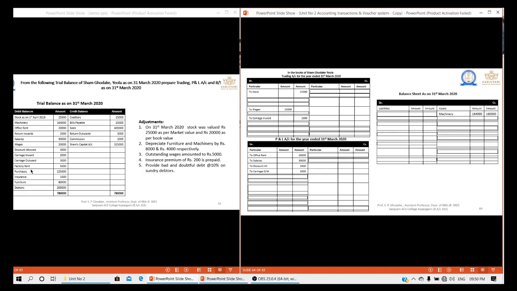Then we have the factory rent, which is a direct expense. So here factory rent 5,000. Then purchases, it will be on the debit side of the trading account here, and we have to do the return inward and outwards on sales and purchases. Then we have the insurance, so we have to keep one line blank and we have written it into the inner column, 2,25,000. Insurance is an indirect expense, so profit and loss account debit side.